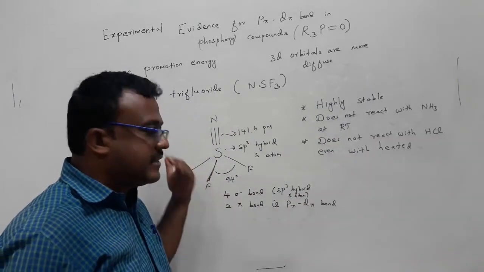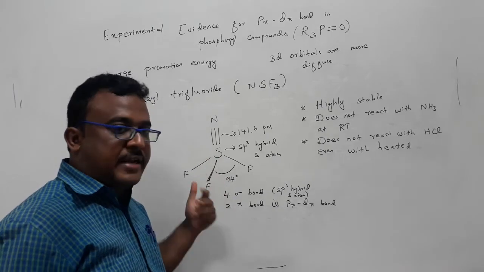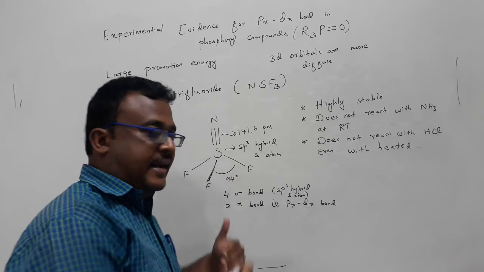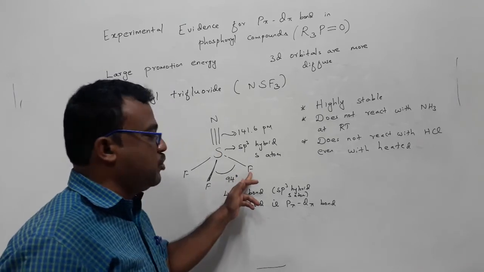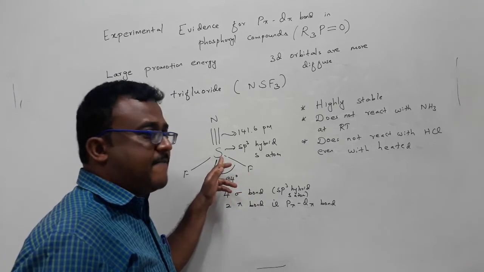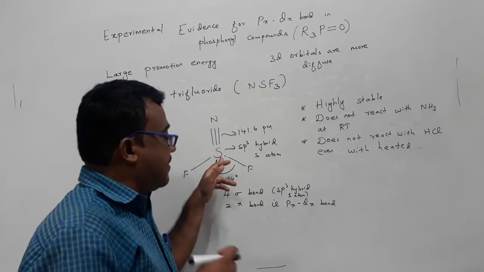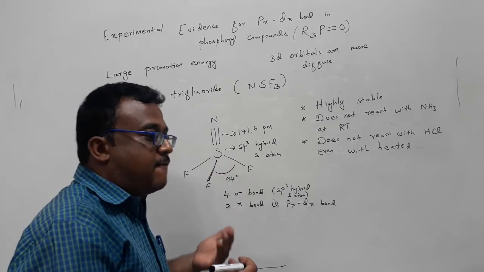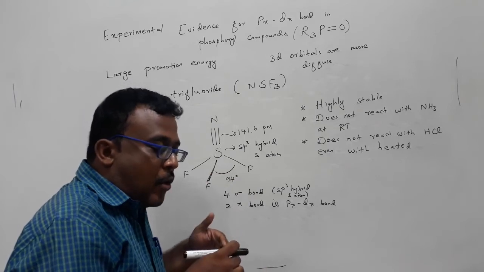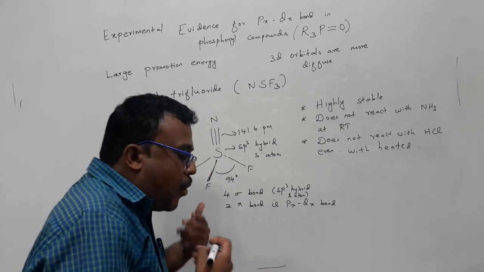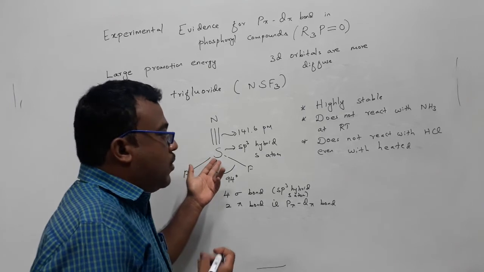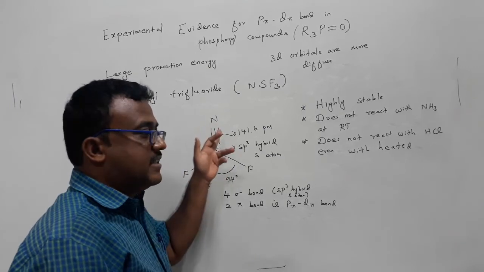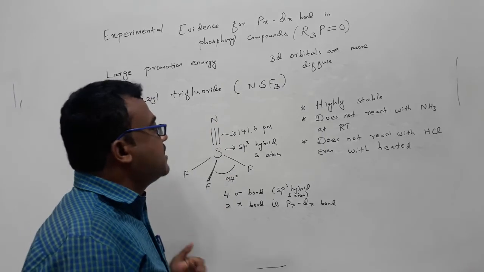So it further suggests that the d orbitals of the sulfur should be contracted because of the 3 electronegative substituents present on the sulfur atom and sulfur having the highest oxidation state. That makes the d orbitals more contracted, so more pi bonding and a stronger covalent bond can form between the sulfur and nitrogen, and the molecule can attain stability.